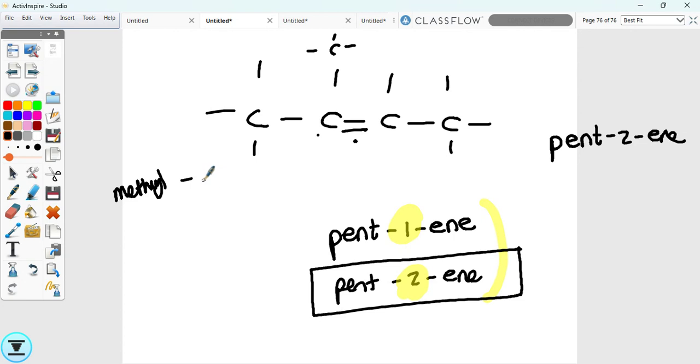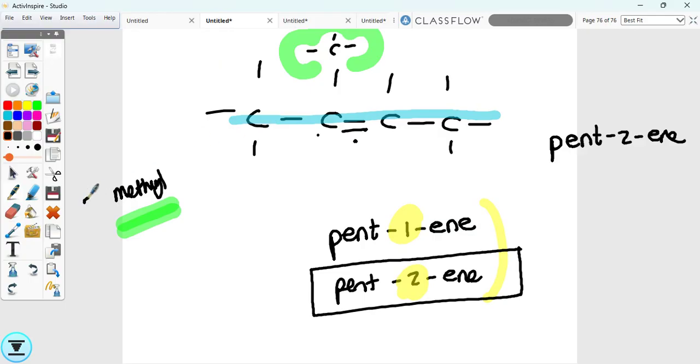Is it still pent? Because your main chain is, yeah, that's your main chain. And this is just a branch hanging on, which you already told me. There's my methyl. So it's not going to be methyl. But what must you tell me? What more must you tell me about the methyl? Good. So you have to say 2-methyl and then